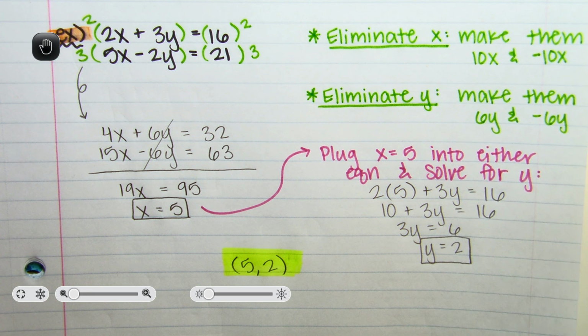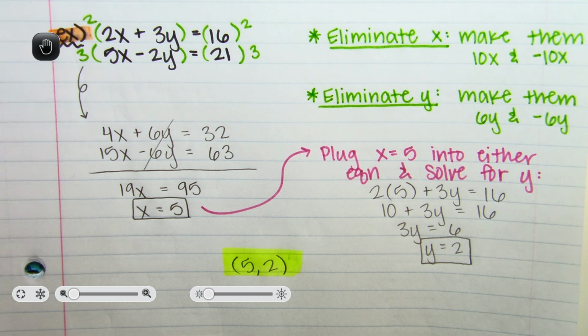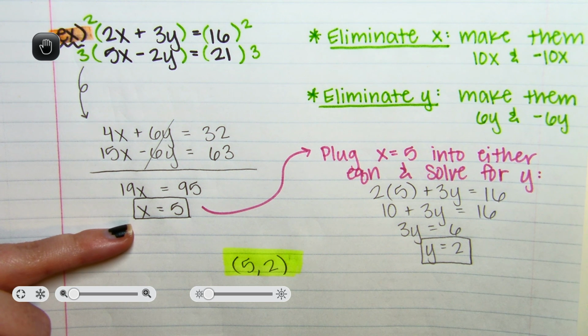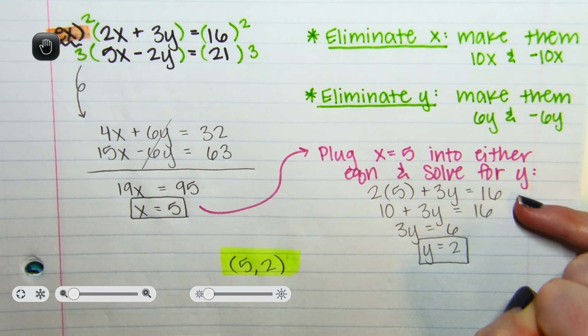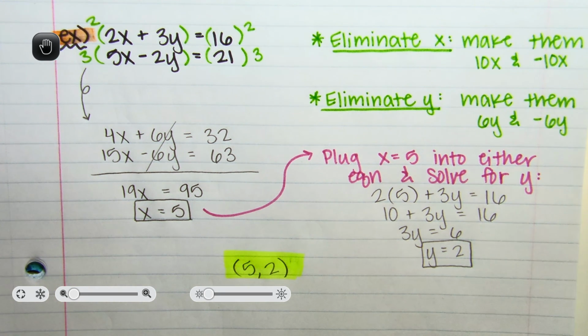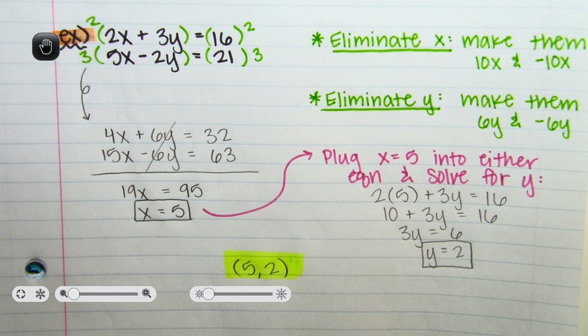So I multiplied the top equation by 2, bottom equation by 3. When I added those together, I got x equals 5, and then I chose to plug them back into the first equation to solve for y, and ended up with y equals 2. So my final answer written as a coordinate point was 5, 2. So again, if you chose to do it differently or eliminate your x or plug your answer back into a different equation, you should have still got the same end